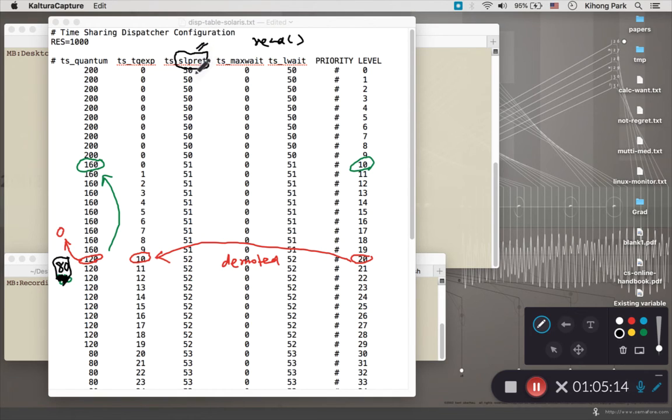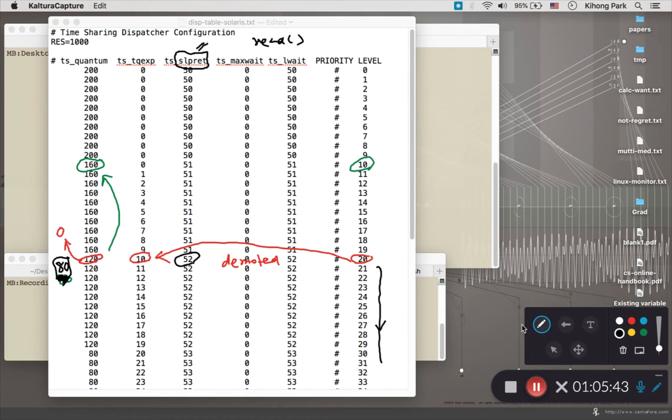This column says what should happen to the priority of this process when it blocks without having used up all of its time slice. And what is the number here? 52. It gets a huge bump in priority, a promotion, from 20 to